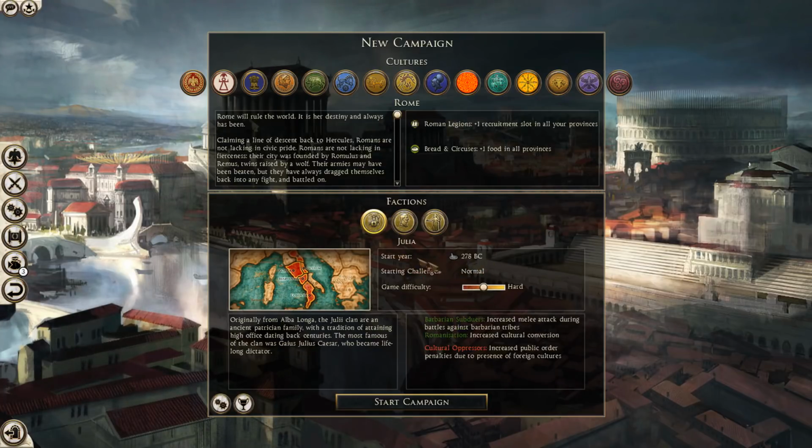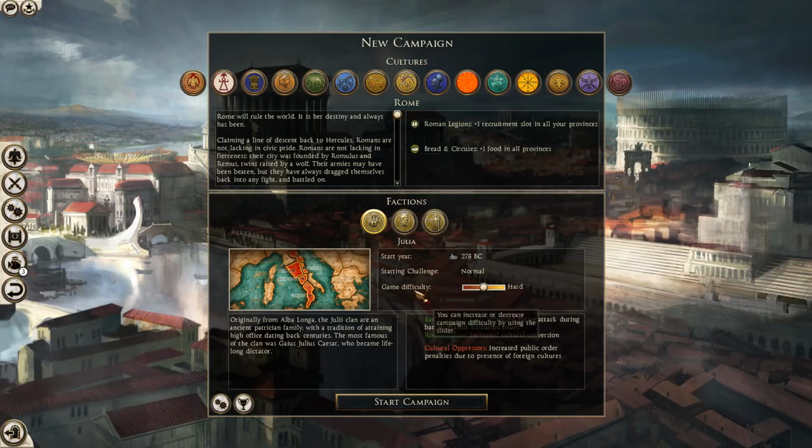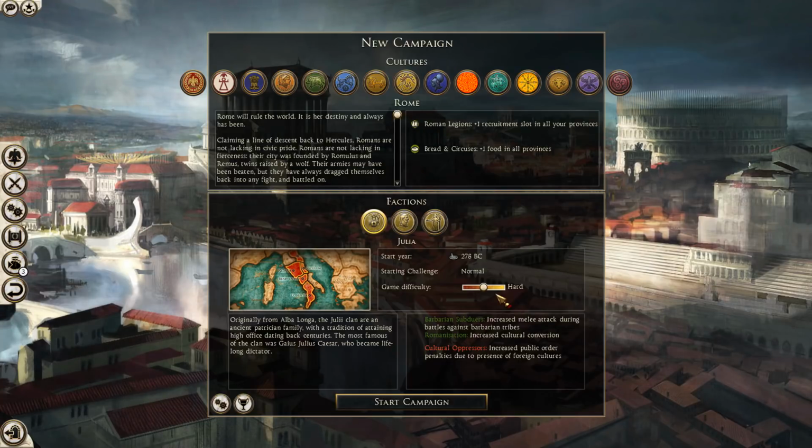The start date is as normal, 278 BC. The starting challenge is normal, and game difficulty will be playing on hard. This is the setting I really enjoy, so it's going to be hard campaign difficulty, battle difficulty normal, simply because, as I've said many times before, I want to experience the mechanics of the games. I find going up to very hard or legendary, you end up building a very stereotypical city, very stereotypical army,